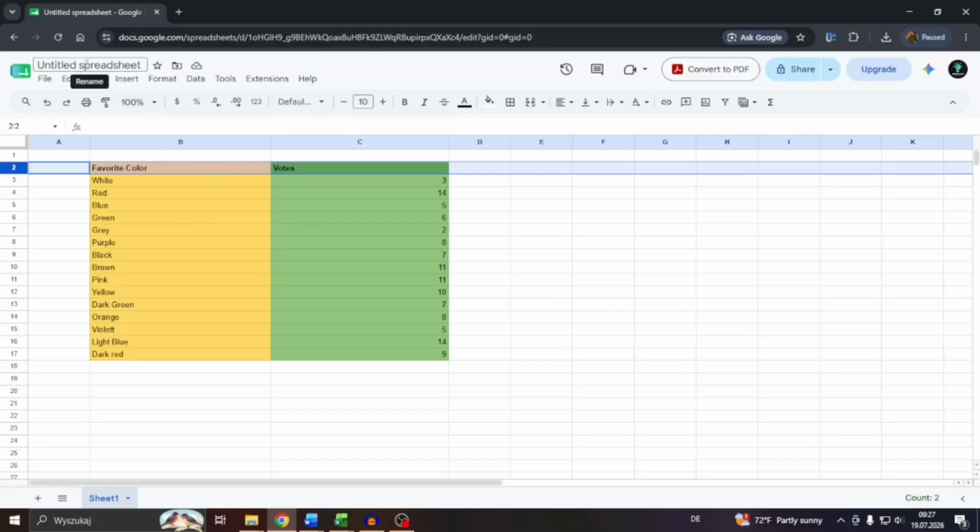We're going to show you how you can send spreadsheets from Google Sheets to someone via email. So let us get started, guys. If you'd like to send a spreadsheet to your friends or contacts, this is how you can do it